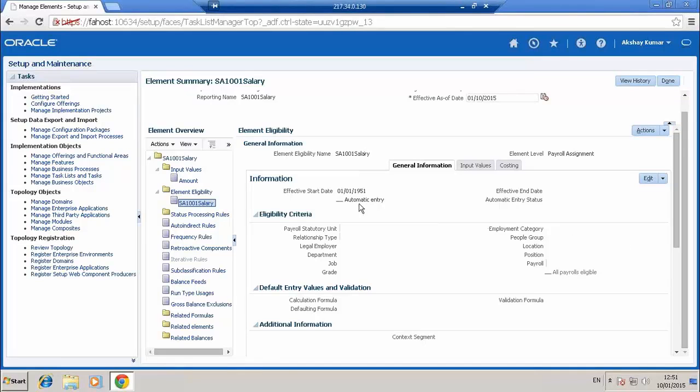And if you want an eligibility criteria, you can select the legal employer, department, job or grade, or location or position. These are the eligibility criteria which are available. You can use fast formulas for validation, calculation, and a defaulting formula is also available for this.